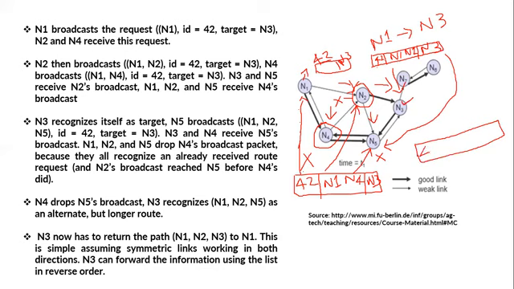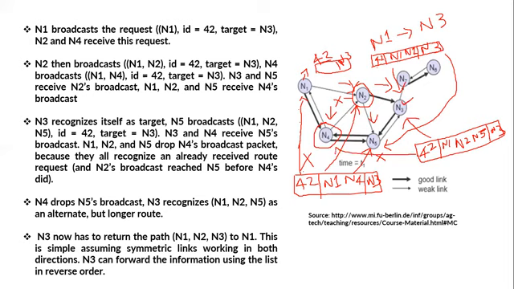The ID of the packet is 42, and the path it has traversed is N1, N2, N5, and the destination is N3. So this packet will broadcast to N3, and also it will broadcast